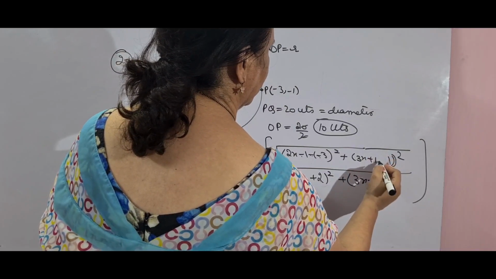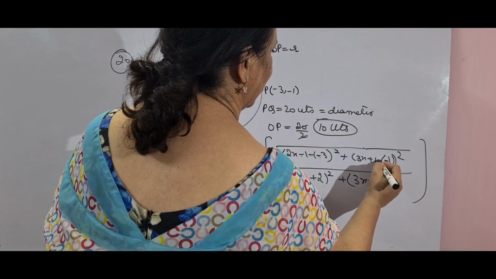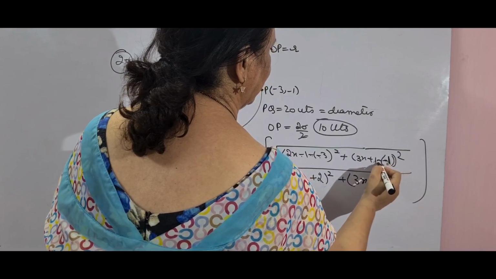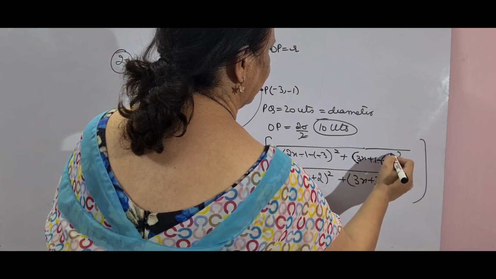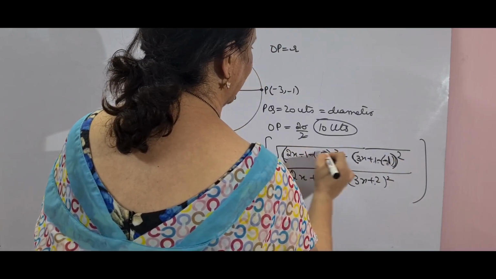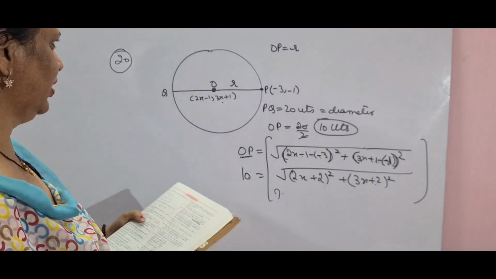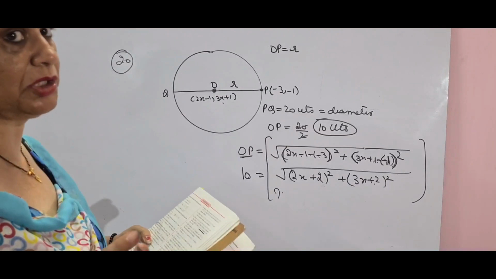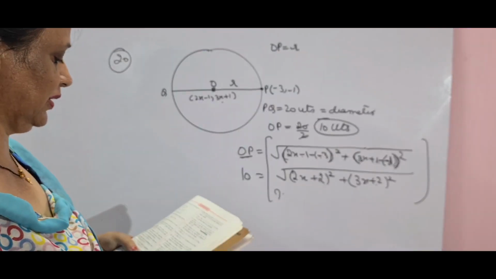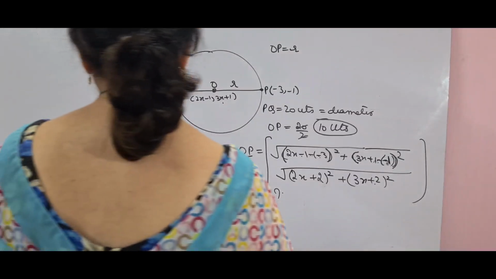You have to be very careful about the signs as I am writing. Then when you calculate it, please be careful about the brackets also, because if one bracket is wrong your answer is wrong. So this is how we do it. I've given you the hint of question number 20, and they are short sums of the exam, trust me children. Then moving to question number 22.